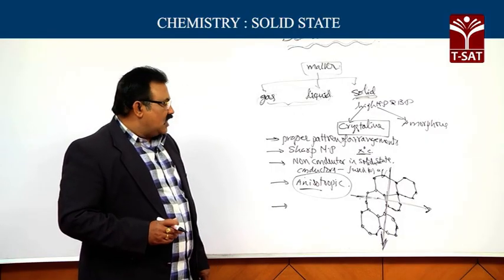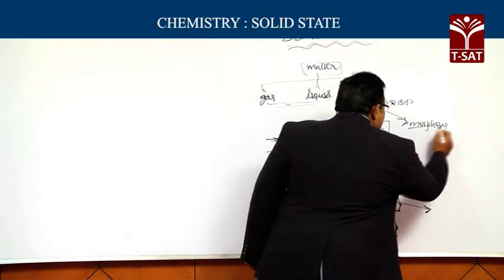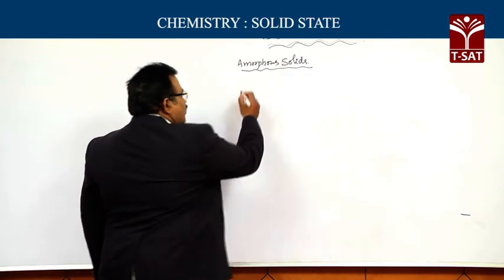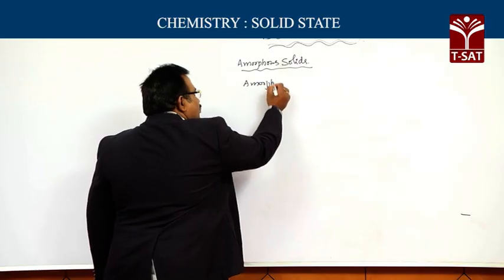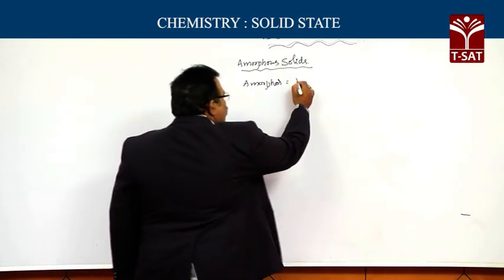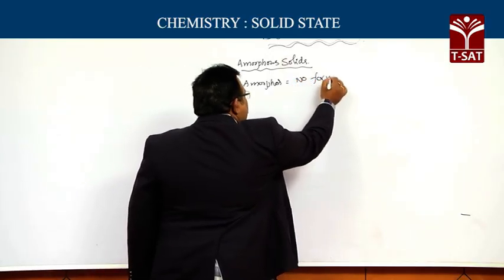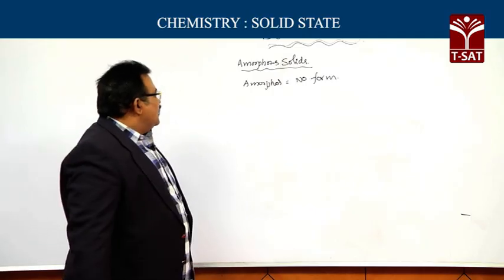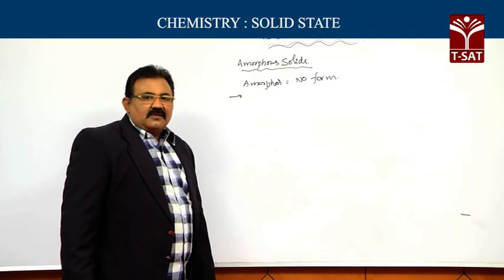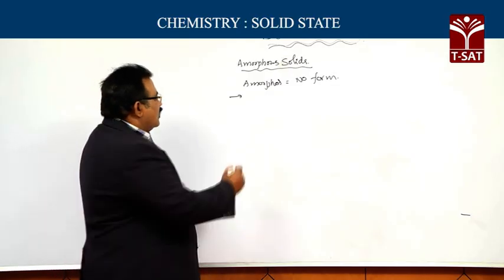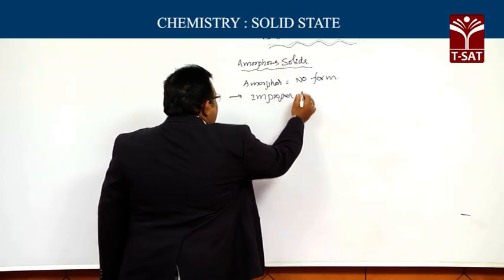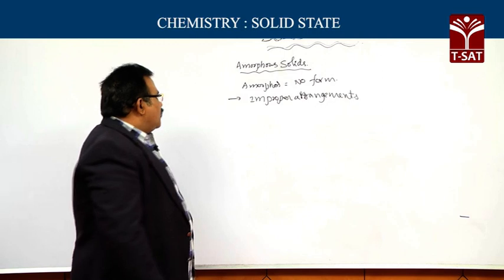When we talk about amorphous substances, the term amorphous was taken from a Greek word which means no form. That means amorphous solids have improper arrangements of their constituent particles,